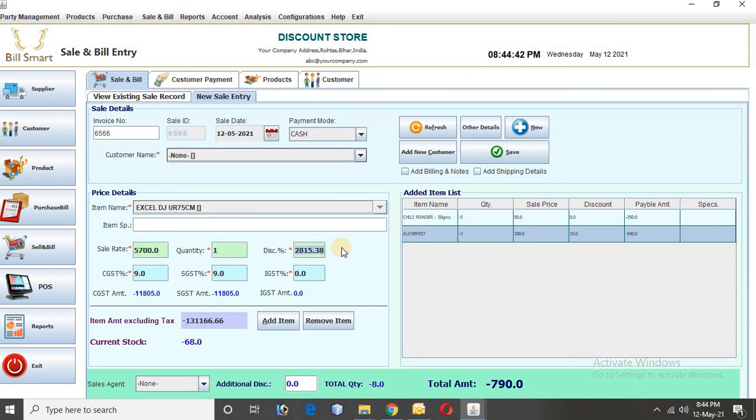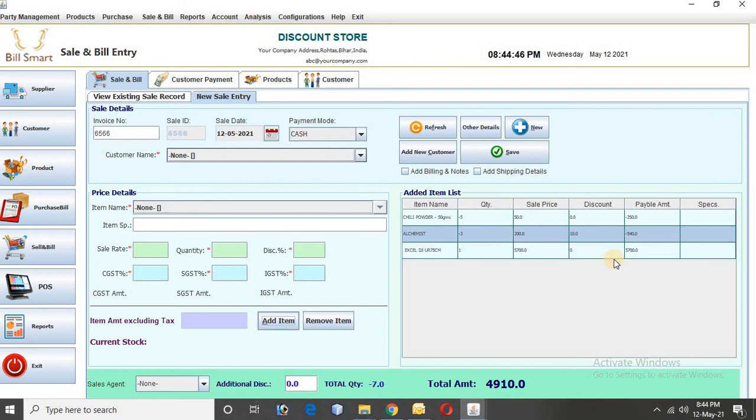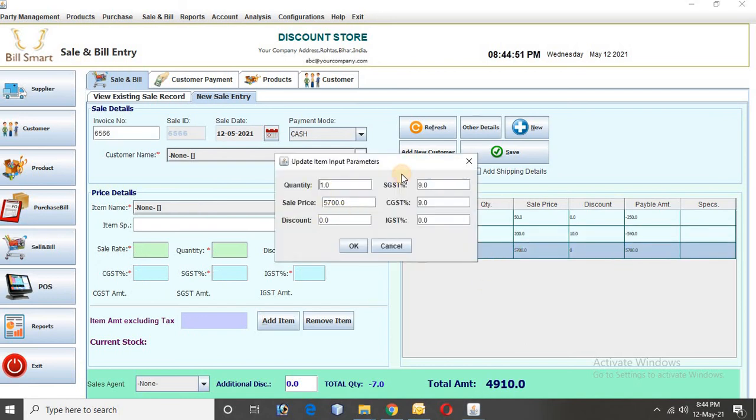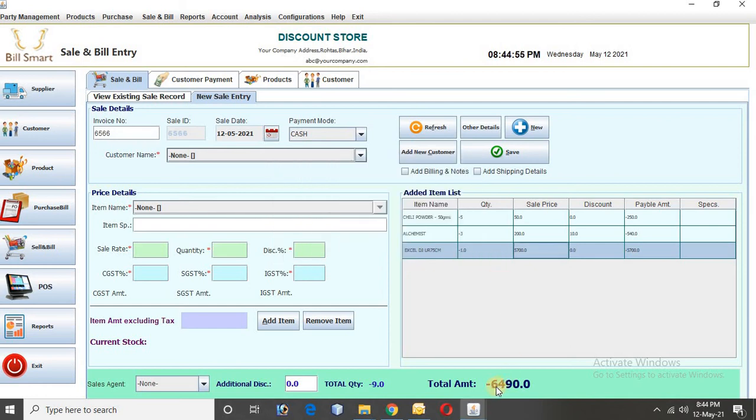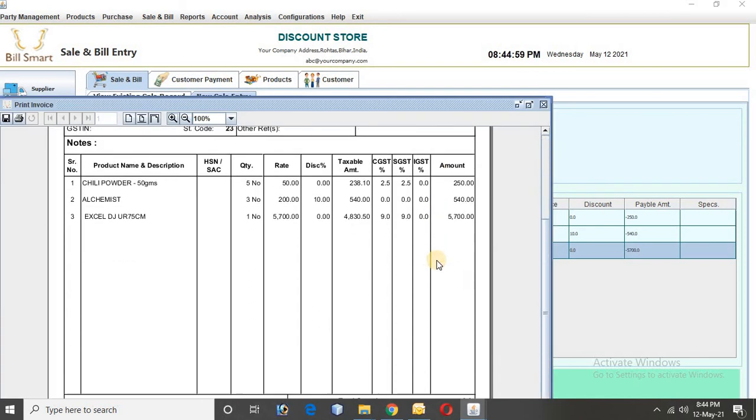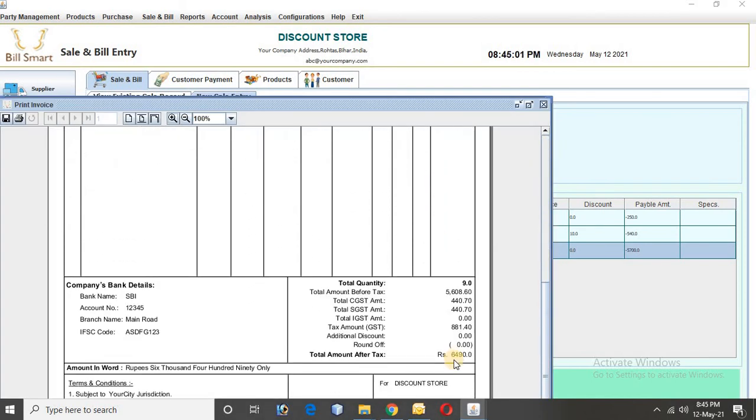We have not given any discount on that product before. So this item gets 5,700, but we want it in minus because we are returning, so I can click it from there and add it like this also. So now 6,490 rupees is getting returned, or the bill is getting a credit note.